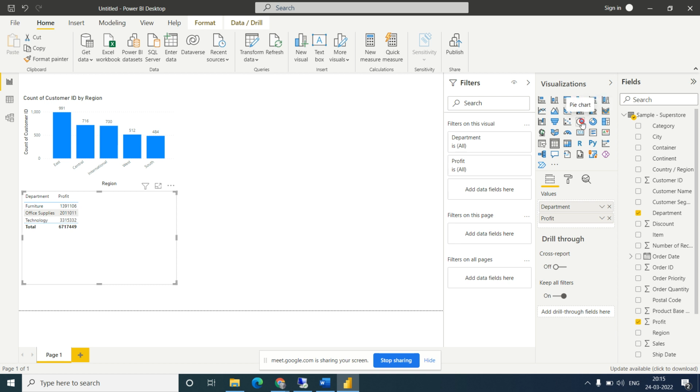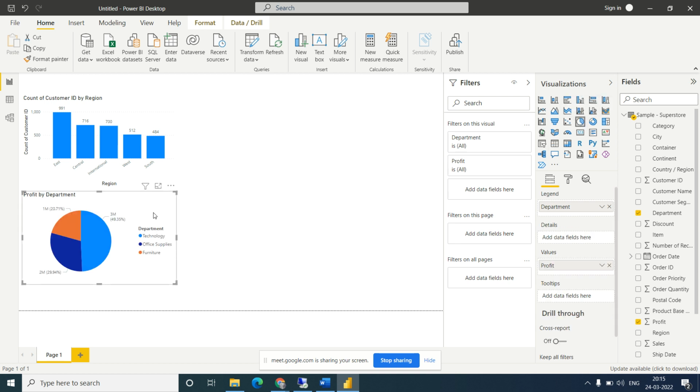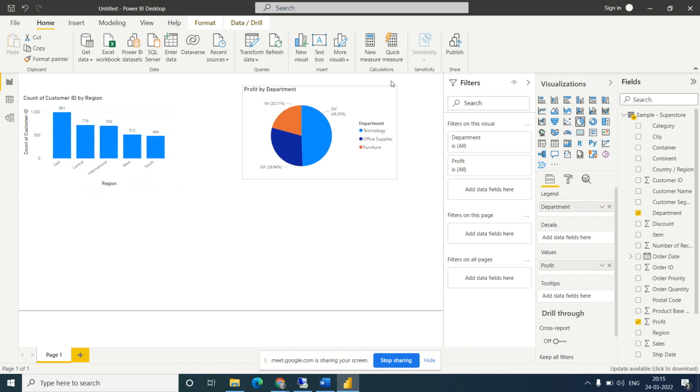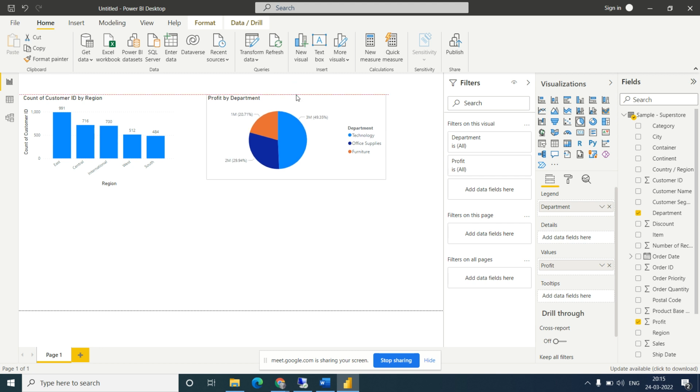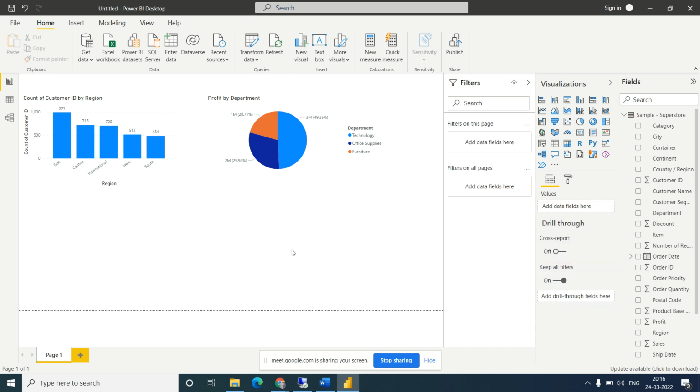Okay, and drag this chart into here. Okay, now one more thing, I want to make it something. I want to add one more chart which will show the detail of the department and country level. So make one more chart here. So customer segment wise, the number of people in a particular segment.